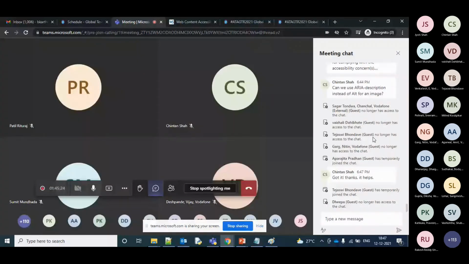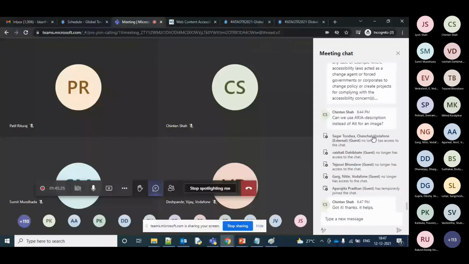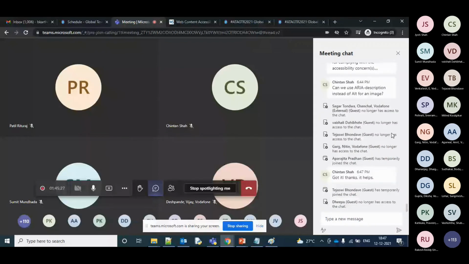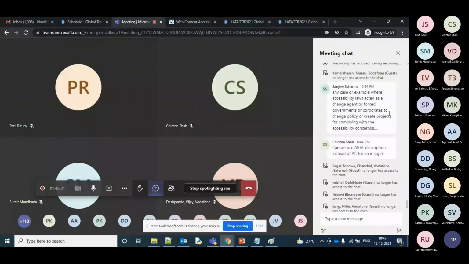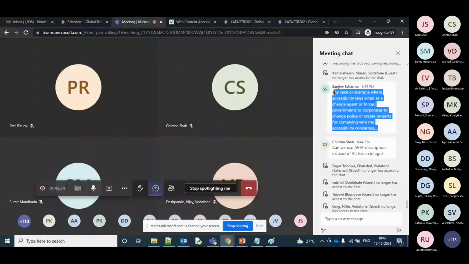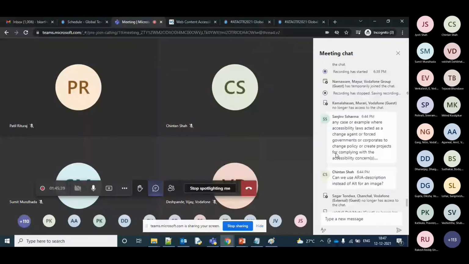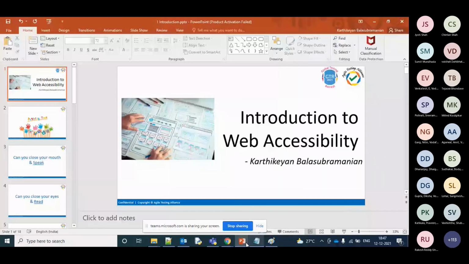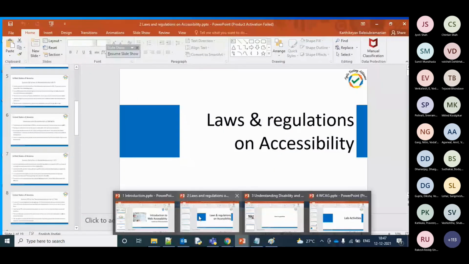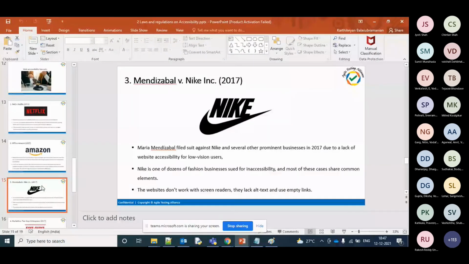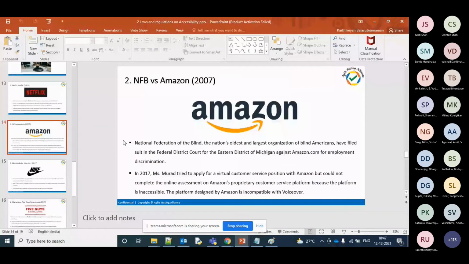There's another question: is there any case or example where accessibility laws acted as a change agent or forced governments or corporates to change policy or create projects for complying with accessibility concerns? Sanjeev, the examples I've given here: these companies weren't accessible at the start, and right now at least they are a bit more accessible.